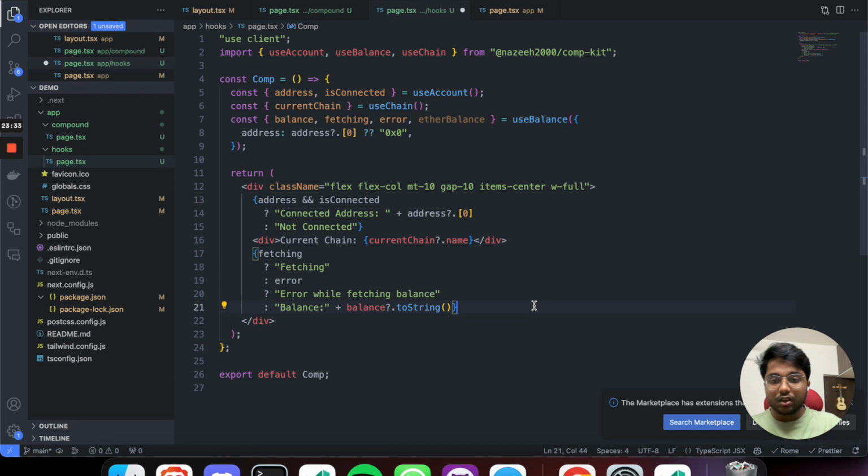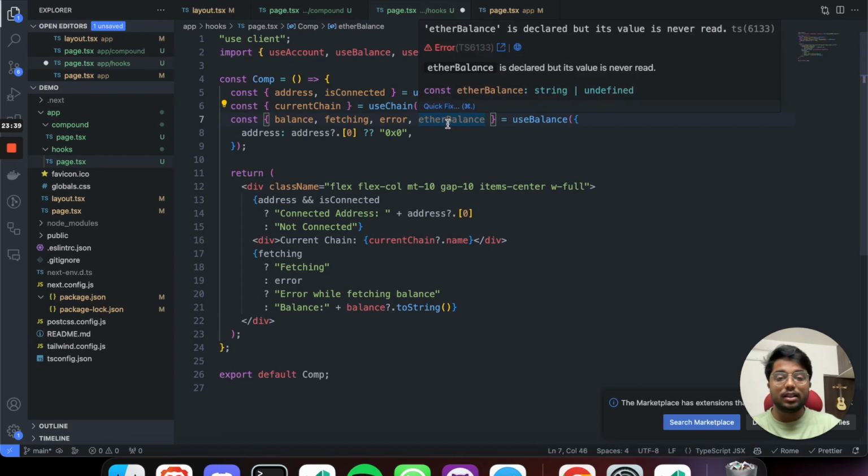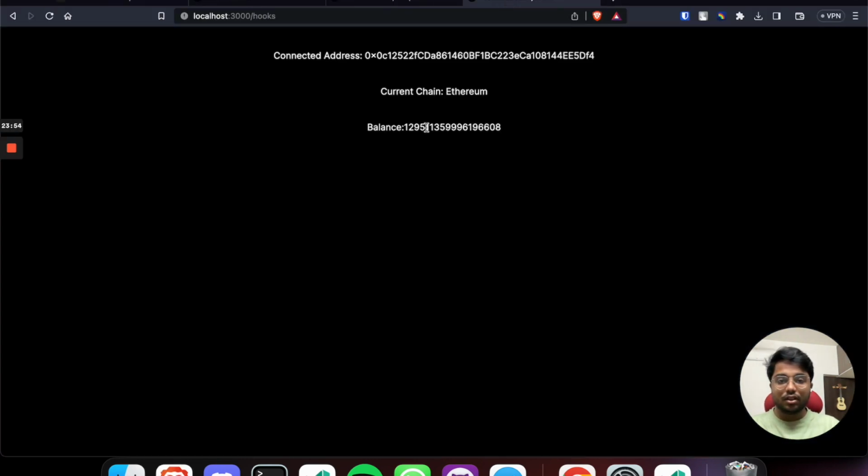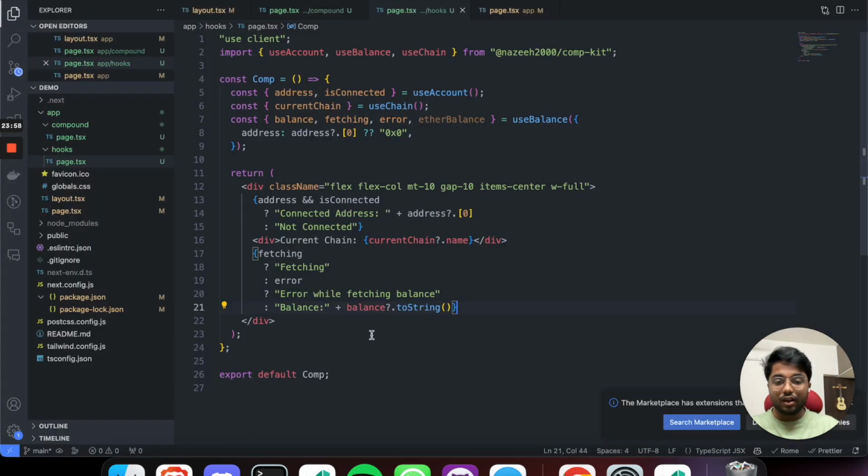Here we go. So this hook basically returns these four values: ether balance, which basically means the Ethereum balance of the current address, and balance, which would be in wei. Fetching means it is currently fetching, and error state. So let's see it live. Here we go. My balance is 1295 wei, and if I want to see it in